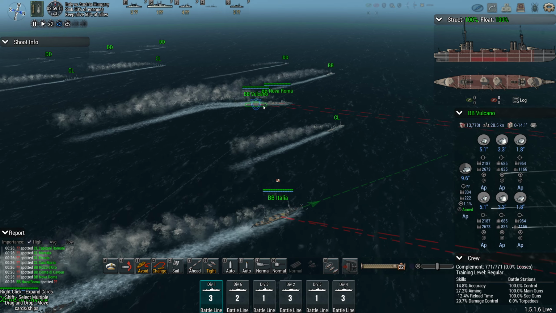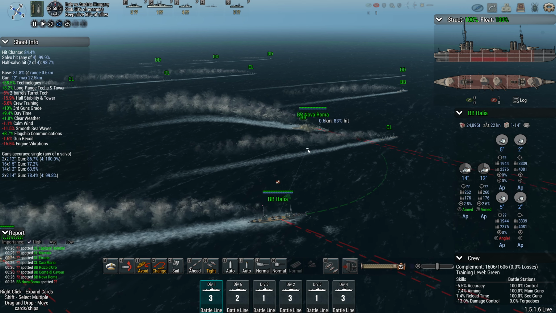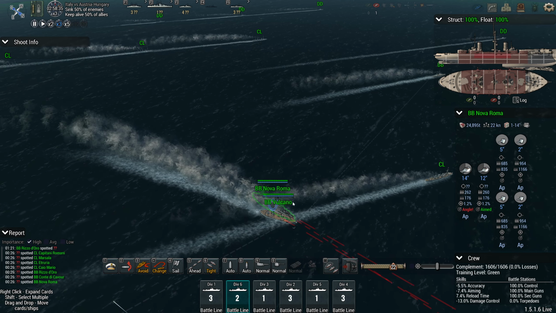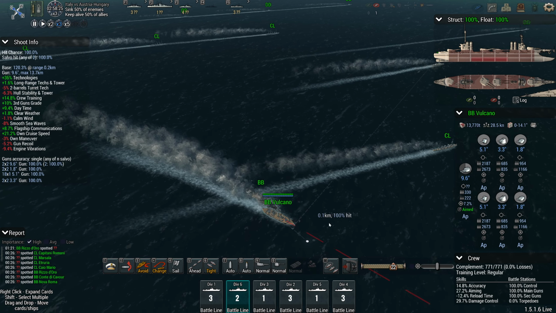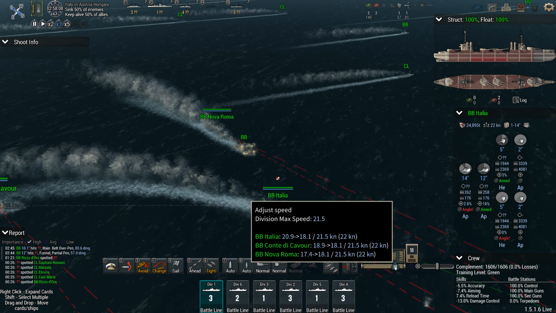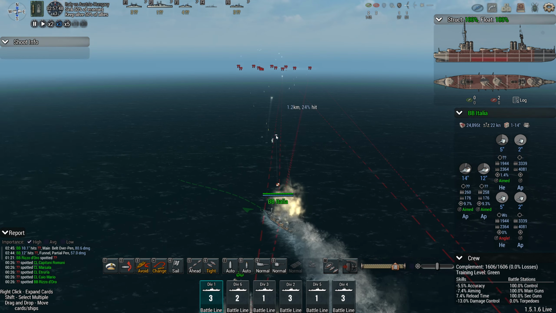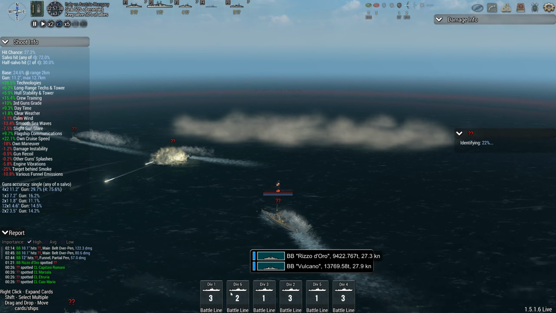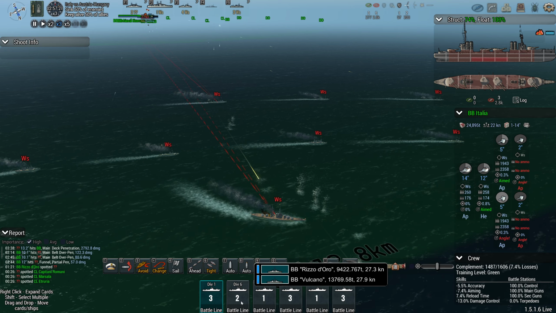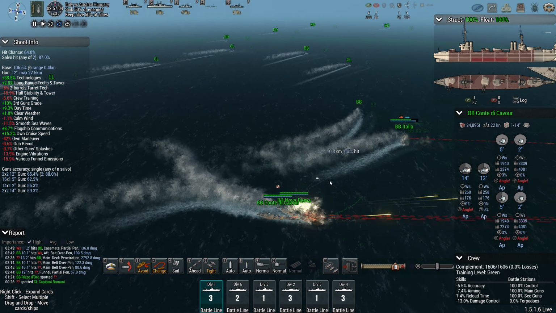Oh no. Oh, what are my ships doing? Oh dear. The Volcano and the Nova Roma are having a bit of an issue. Let us move down to 18 knots, which is our cruising speed. And we are getting hits. We are getting some decent hits. Let us target the main ship. And battleships, I want you to do the same. Secondaries on the smaller ships, main guns on the...